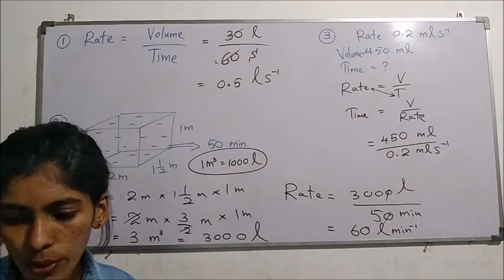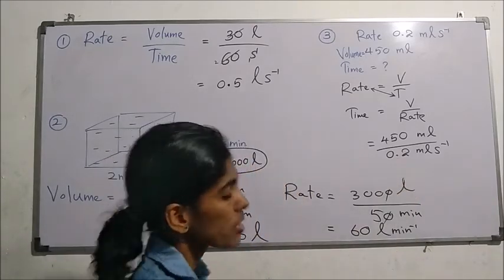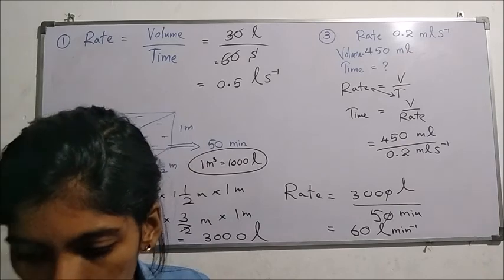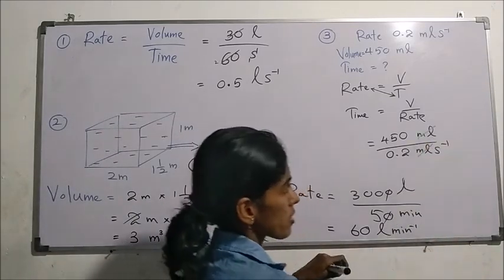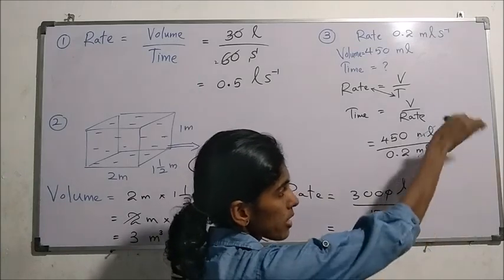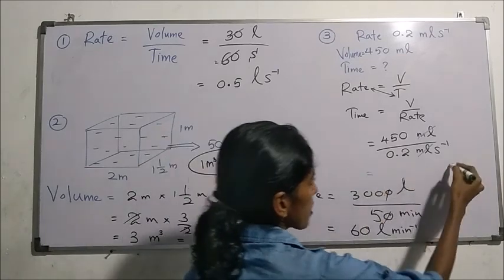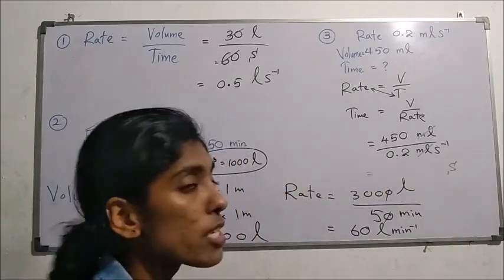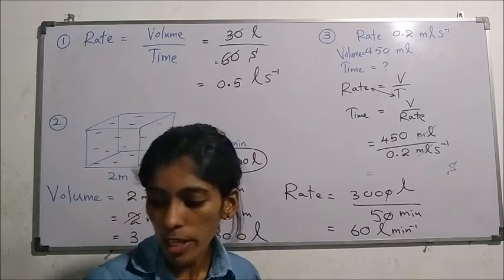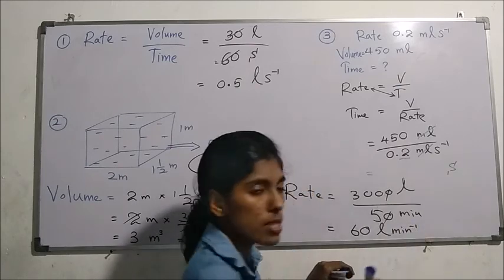Now what should we do here? When you divide by a decimal number, right? Here firstly we will cancel out the units, milliliters to milliliters you can cut, and seconds per second is coming up and it becomes just seconds. So the answer will come in seconds. Now you know that by a decimal number we cannot divide anything, so you better make it a whole number. How many decimal places are there?